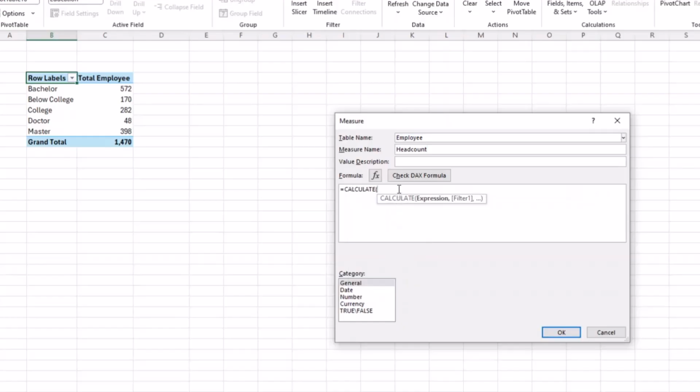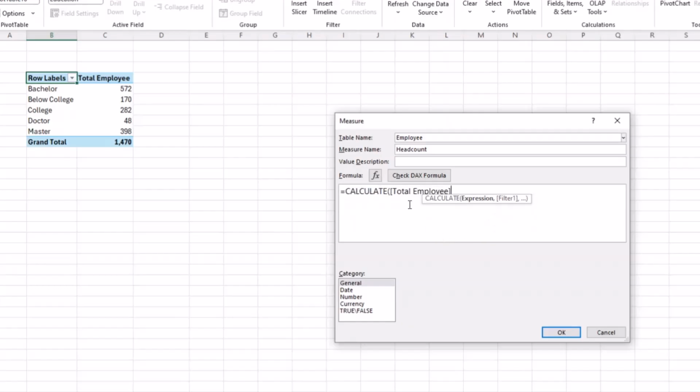So what I'm saying is I want to calculate the total employee, but I'm putting a condition. Remember, I've created a measure before, and I called that measure total employee. So I can actually reference that measure inside this one. Let me zoom this so that you'll be able to see what I'm doing, right? So I want to calculate. When you put a square bracket like this, that's the bracket beside your P, you will see all the measures that you've calculated before. So the measure I've calculated before is this total employee.